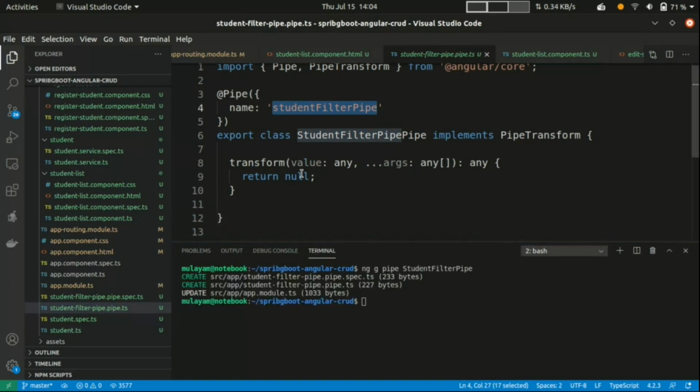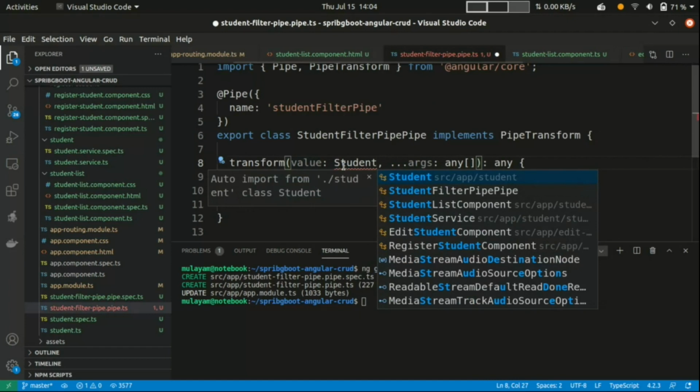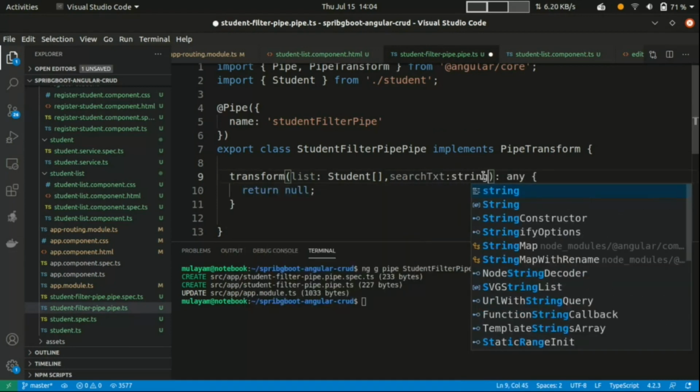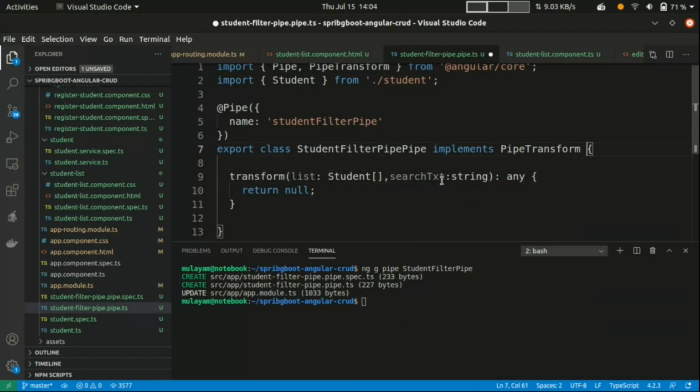So what will happen, we can filter. We will configure this pipe, and it will pass the list here, the student list. If you want, you can specify here student, and this you want as list. We can pass many parameters, but I want to pass name, so simply write here searchText, and it is a string.